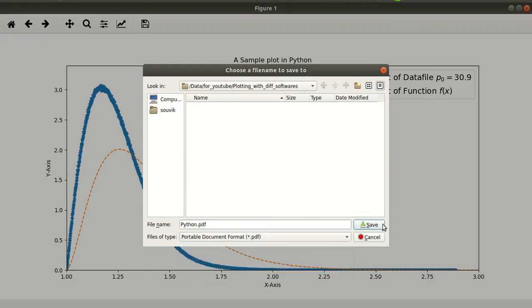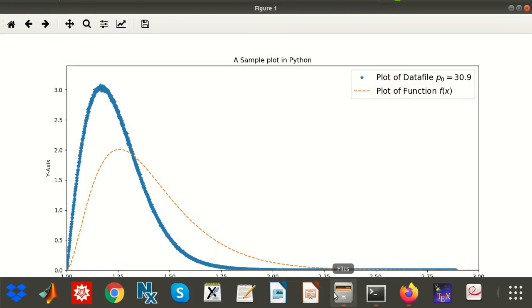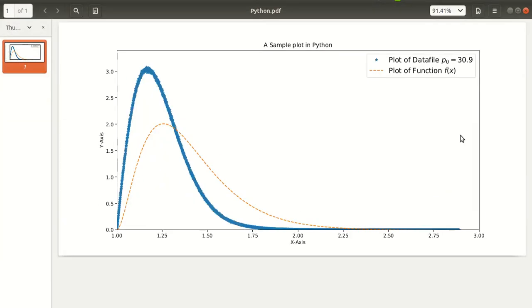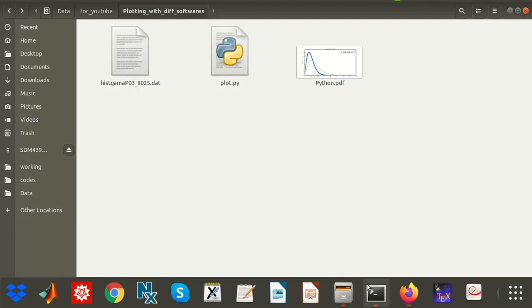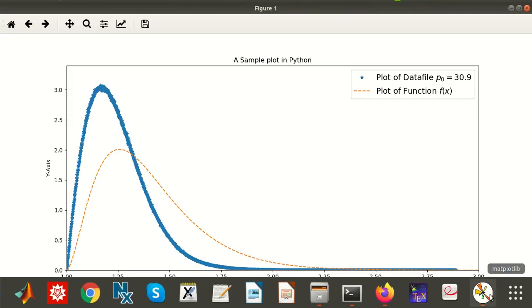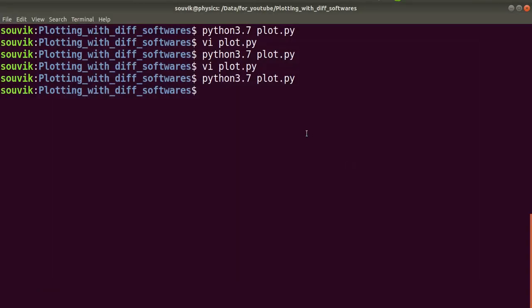This is how I save it. Now if you open it, yeah, this is your plot, saved in PDF format. So this is how you plot in Python. Now you just have to quit it, so type Q and it will quit. So this is how you plot a data file and a function in Python.